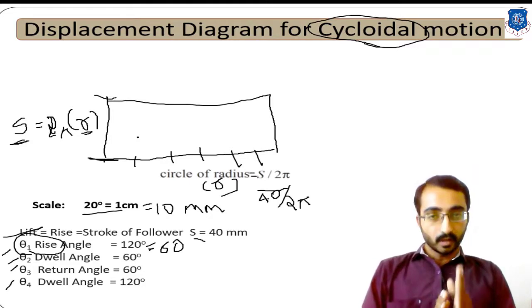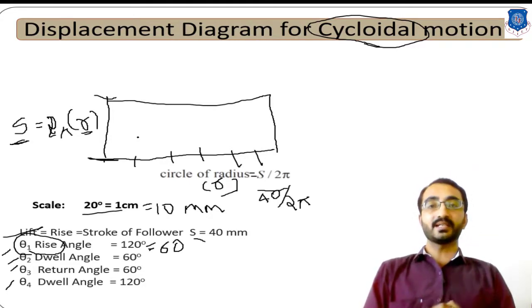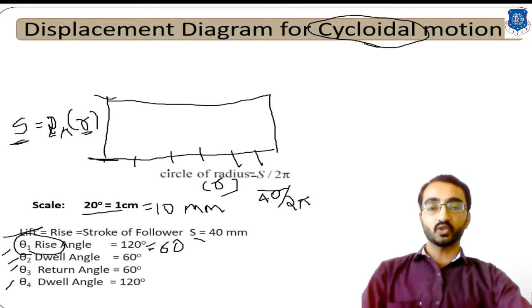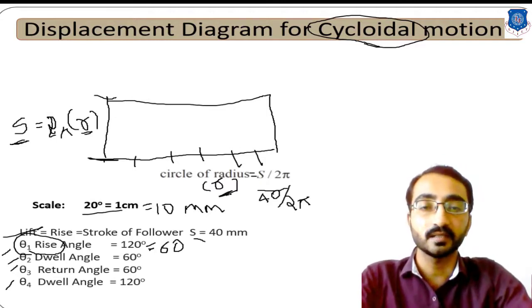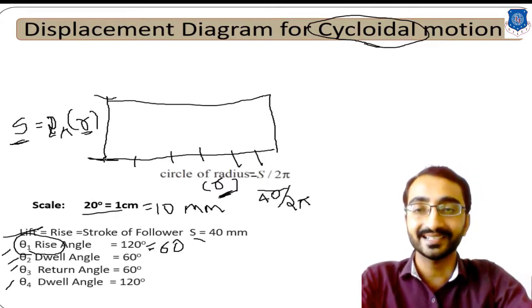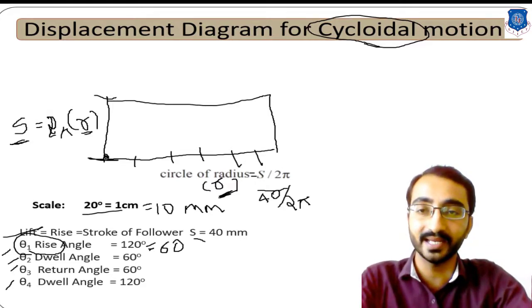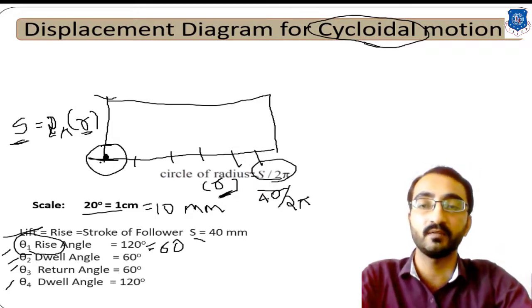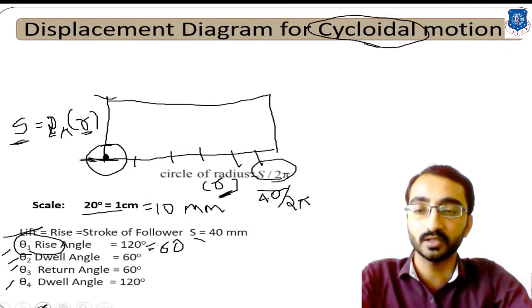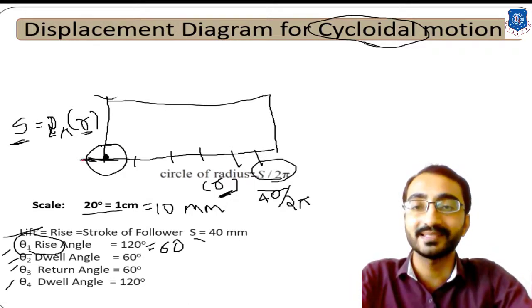Okay, now you need to sketch one circle which represents the radius of the circle which is rolling on this vertical line. You have calculated the radius from this equation. So take this radius, take your center point as this contact point or your initial point, and sketch one circle having the radius equal to s upon 2 pi. Now you need to divide this circle into 6 equal intervals. So how will you divide? From this starting point, if you consider this one as your starting point, divide this circle into 6 equal intervals.